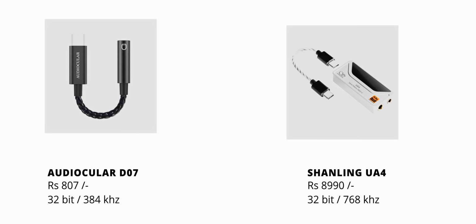Now just think about it, these DACs actually cost you around 800, 900 or 1000 rupees, and for other superior DACs you can spend thousands of rupees, and the kind of DAC chips included in these DACs are more superior. If you get the expensive DACs, you may have a dual DAC chip inside, or maybe two DAC chips paired with a class A amplifier, so that is going to give you a more superior output. So you cannot compare that kind of audio signal with these built-in DACs that are there in